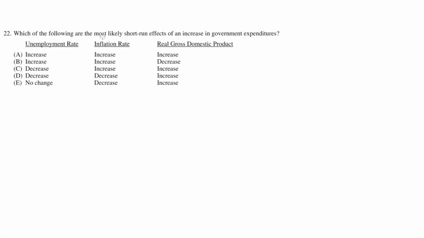Which of the following are the most likely short-run effects of an increase in government expenditures? So in this question, we're told that there's an increase in government expenditures, and we're asked to find the short-run effects of this increase. So to answer this question, let's first represent this situation on the aggregate demand and aggregate